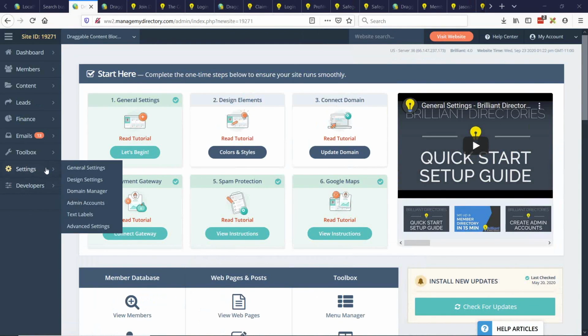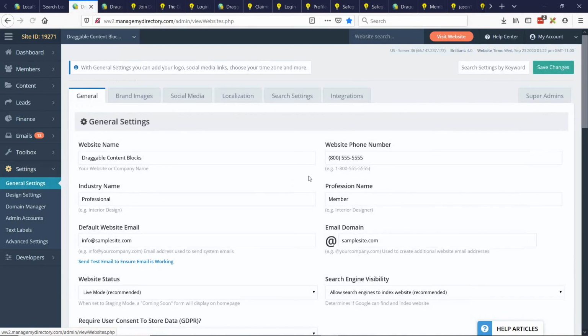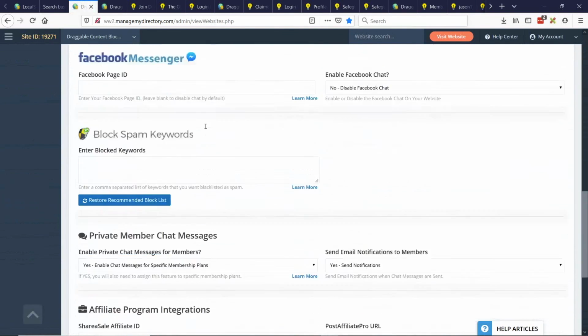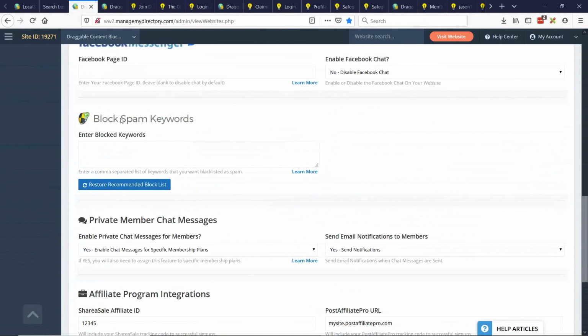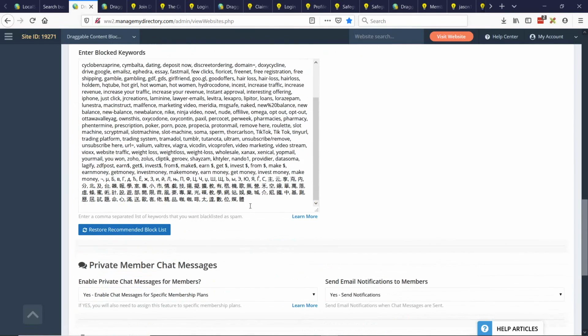What you can do is go to your settings and go to general settings, and under integrations here, Brenda, you have a block spam keywords list. And I would always recommend, if you haven't done so, restore recommended block list. But this is a comma separated list, and you can certainly add the domain of whatever company that is to this list.